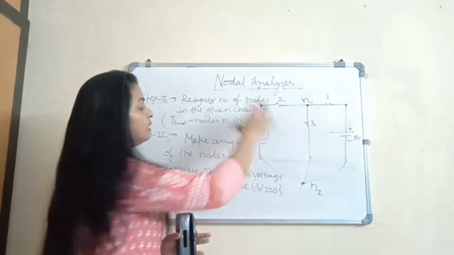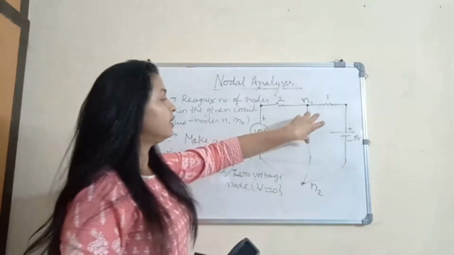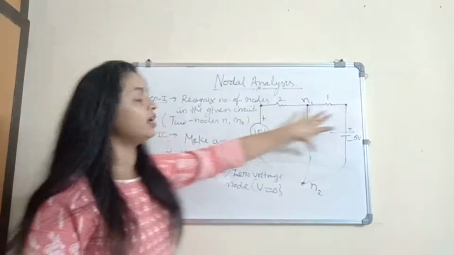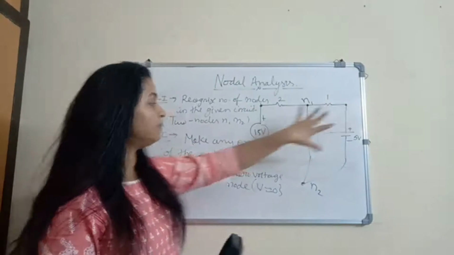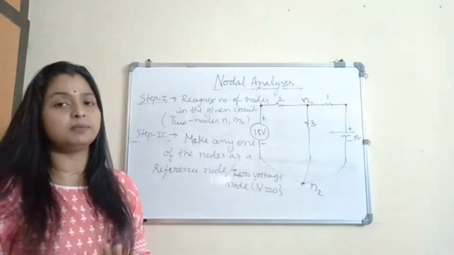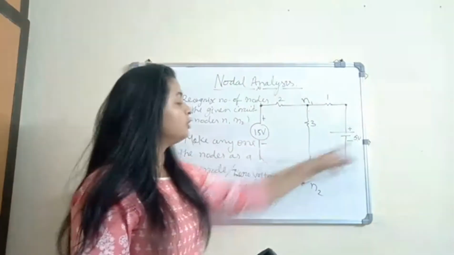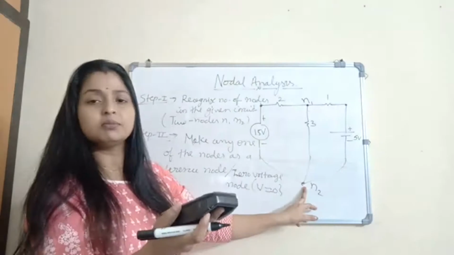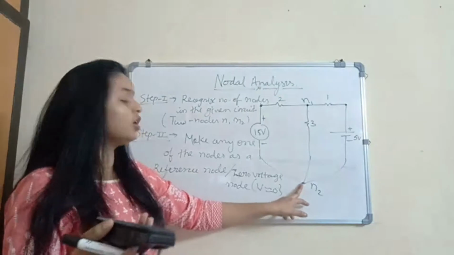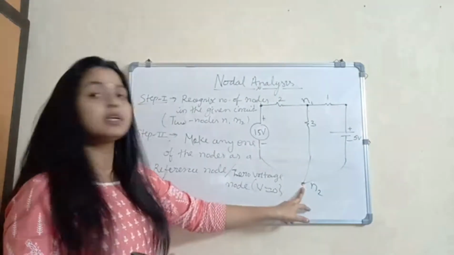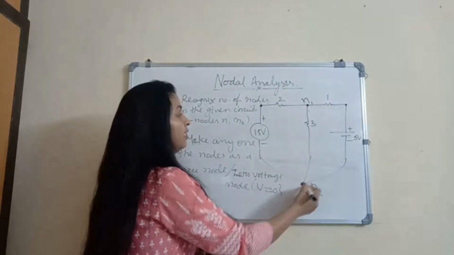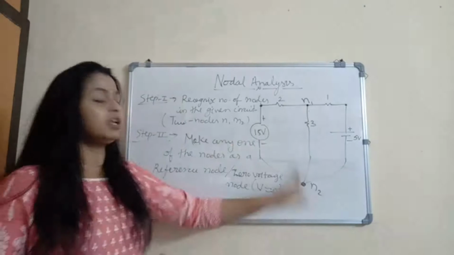Suppose here my bulb is connected, suppose here my TV is connected, suppose here my other components are connected, and let's say all are digital. Just for the sake of example, let's take all components as digital. Every digital component needs a ground terminal. So every component may be connected with a common ground, because making a separate ground for every device individually is very complicated. So we can make a common ground. We can connect the ground with the other terminal of each component: one terminal with a positive, the second terminal with a negative.